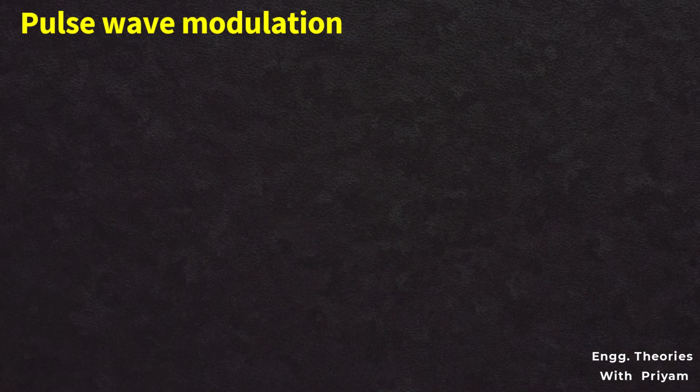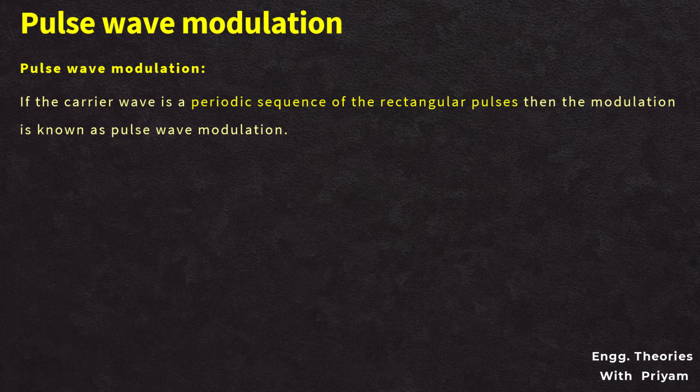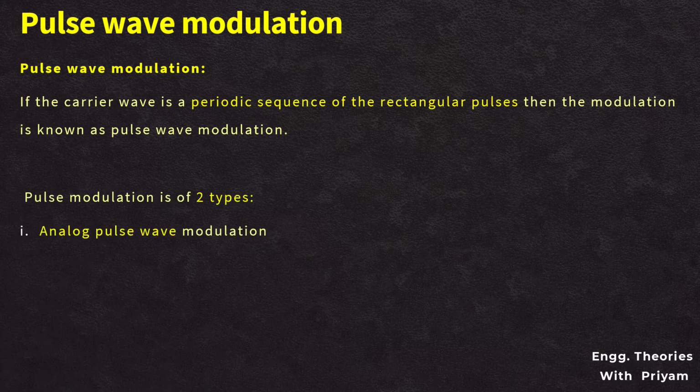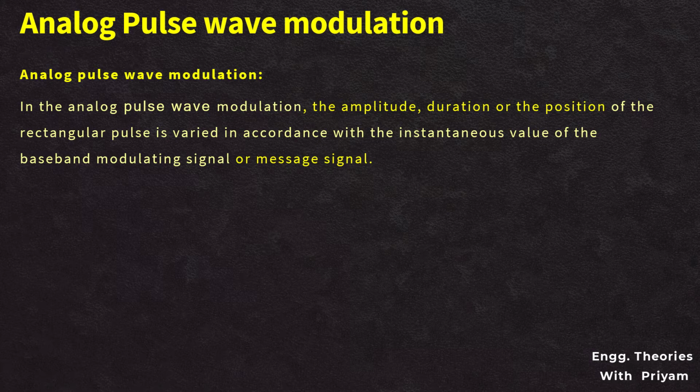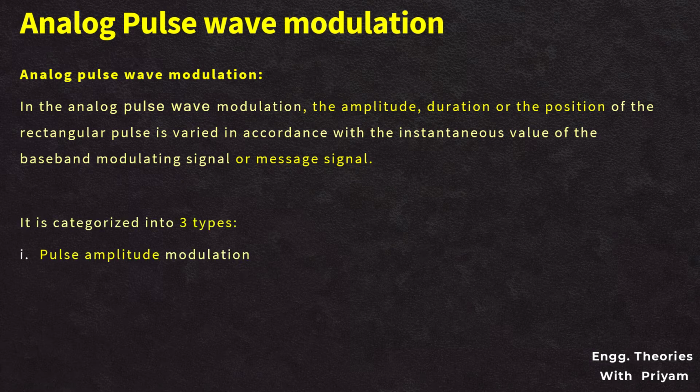Pulse wave modulation. If the carrier signal is a periodic sequence of rectangular pulses, then the modulation is known as pulse wave modulation. Pulse wave modulation is of two types: analog pulse wave modulation and digital pulse wave modulation. In analog pulse wave modulation, the amplitude, duration, or position of the rectangular pulse is varied in accordance with the instantaneous value of the baseband modulating signal. It can be categorized into three types: pulse amplitude modulation or PAM, pulse width or duration modulation or PWM, and